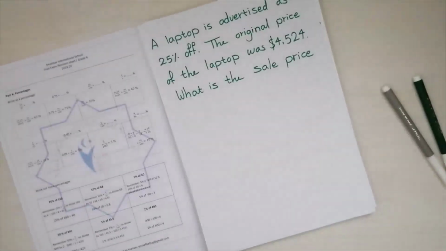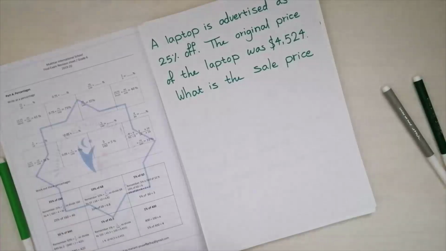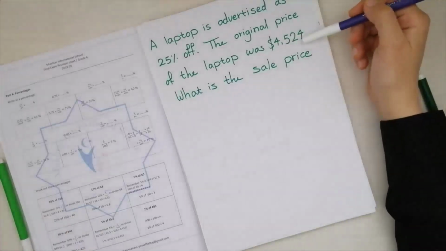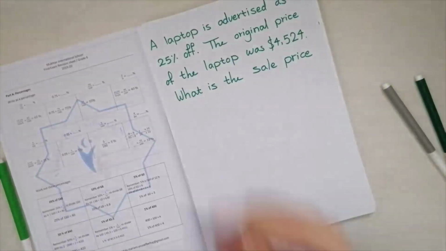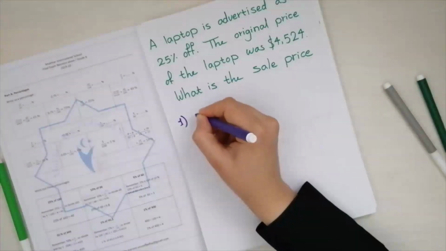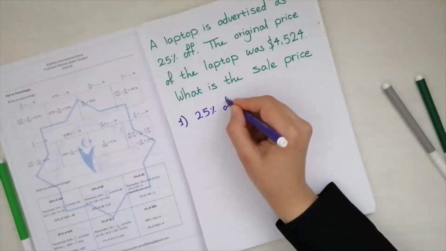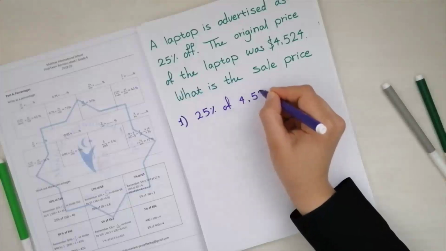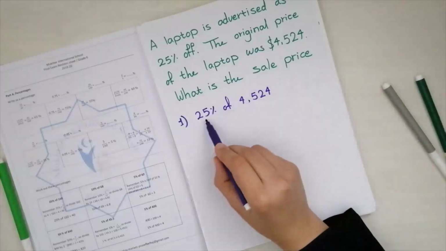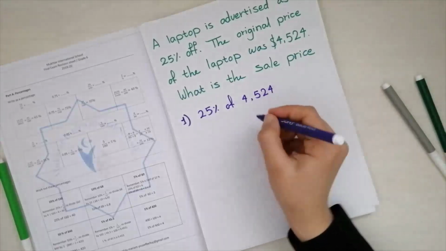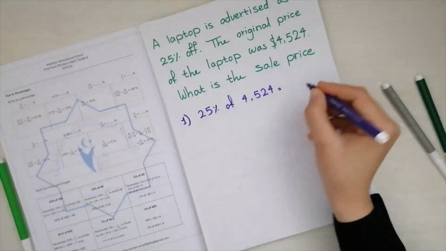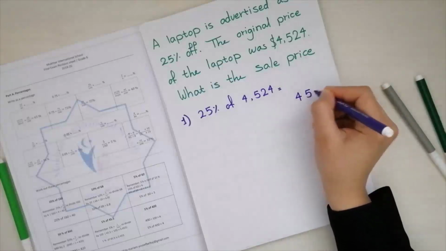The third question is, a laptop is advertised as 25% off. The original price of the laptop was $4,524. What is the sale price? In other words, the new price of the laptop is less than $4,524. Less by how much? By 25%. This means that step number 1, we need to find 25% of 4,524. And we said whenever we want to find 25%, we divide by 4. So this is equal to 4,524